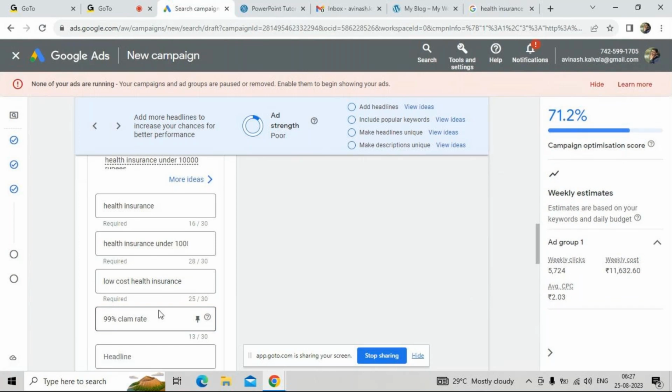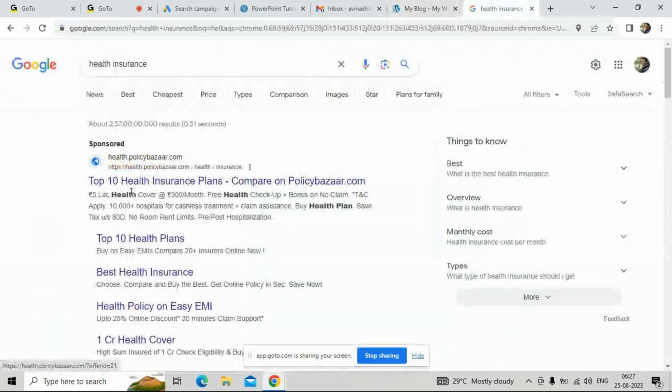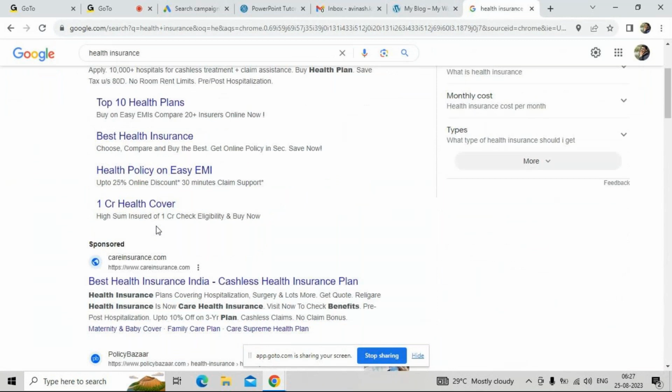So now how will Google pick the 2 headlines only? So here you can see top 10 health insurance plans compare on policybazaar.com. How will this be picked? Depending on the keyword, when I enter health insurance, this will come up: best health insurance India, cashless health